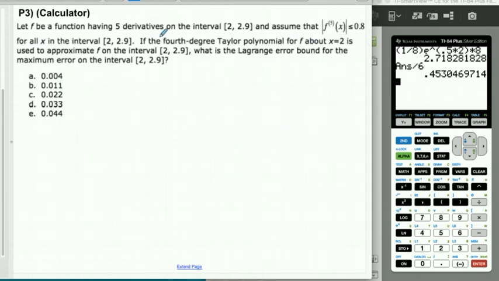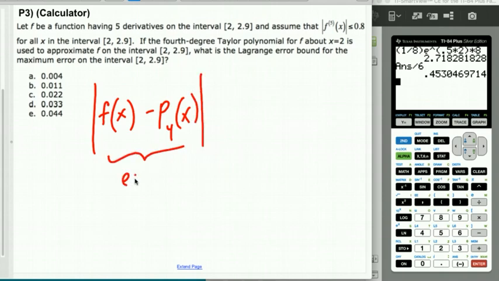Let's try one more. So let f be a function such that we know that the fifth derivative of f is less than 0.8 on the window from 2 to 2.9. If the fourth degree Taylor polynomial about 2 is used to approximate the function on the interval, then the error bound tells you it must be within what amount. So again, you're using the calculator just to crunch the numbers. So f of x minus the fourth degree Taylor polynomial, this would be the error. This is how we say error. Should be less than or equal to, and then we know it's going to be 2.9 because that's the biggest x on the window, minus 2,